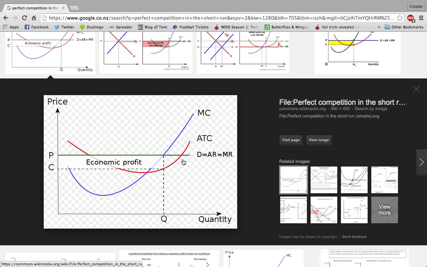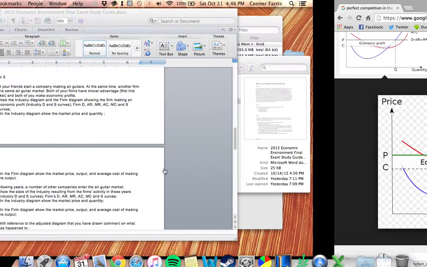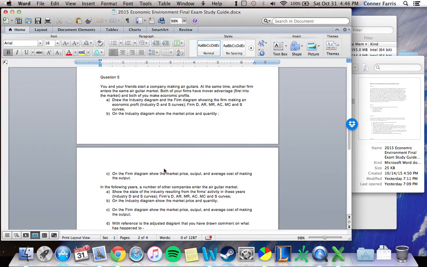Okay, so we have our marginal cost. Here's our green line of price. And we will produce at marginal cost equals marginal revenue. So MR and MC here, we're going to produce right here at this point. But hey, look, our average total cost is less. We're making economic profit. So in this air guitar business, since we were the first ones into it, air guitar